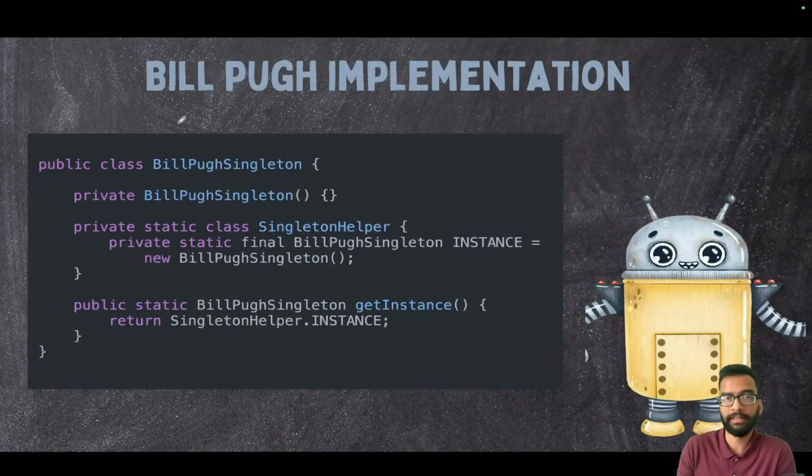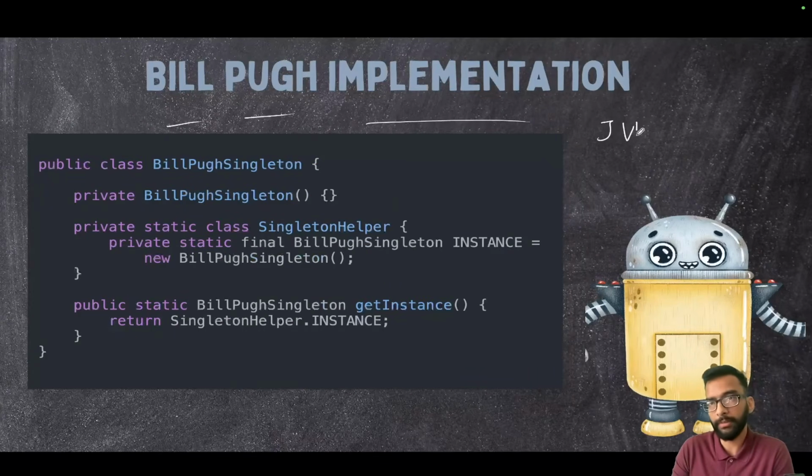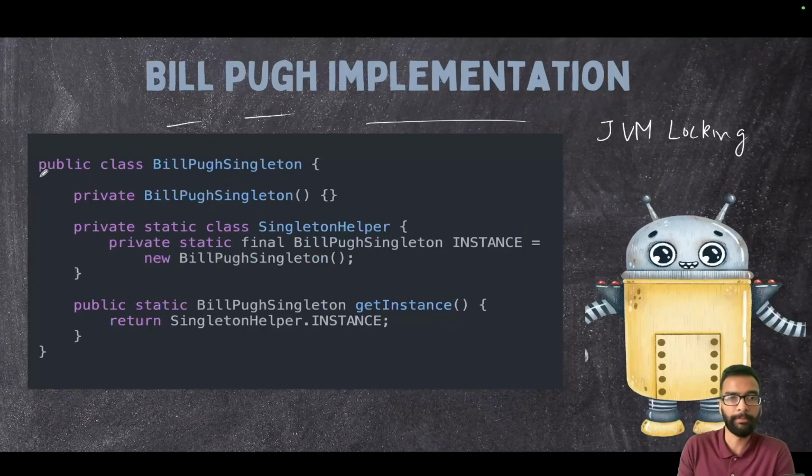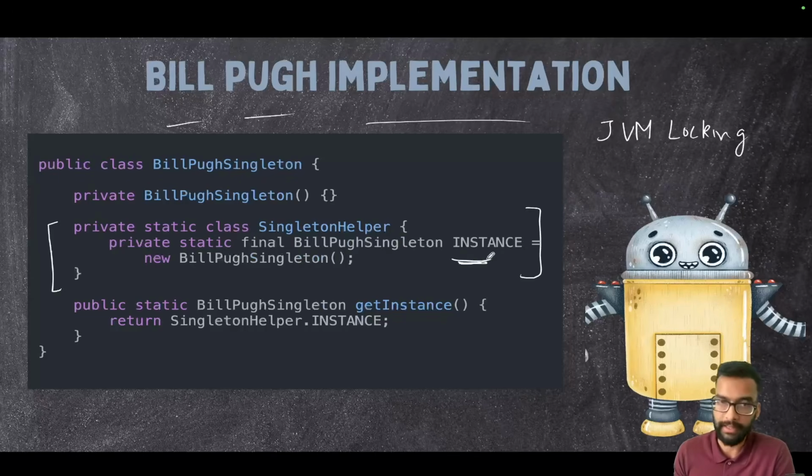Next is the bill pugh implementation. So these implementations rely on locking as well, but it doesn't implement locking by default. It's using the JVM locking mechanism. So basically, it has a public class and there is a private helper class. This private helper class will return you the instance. So this will return it, this will create it. So whenever you call the get instance,